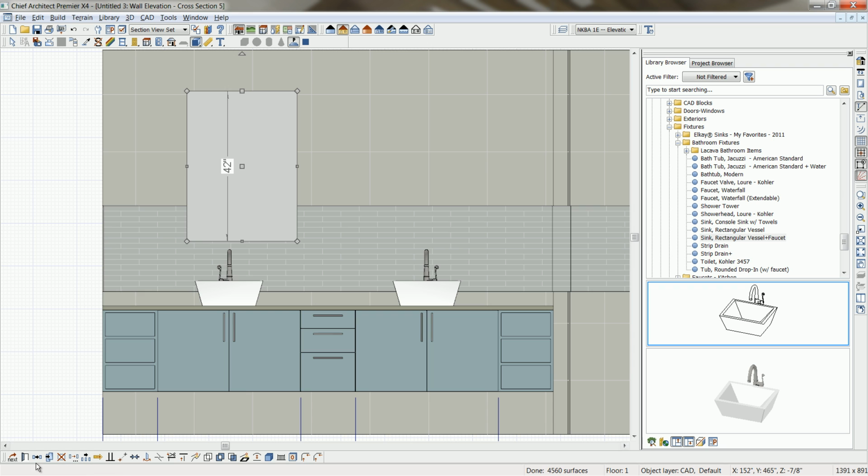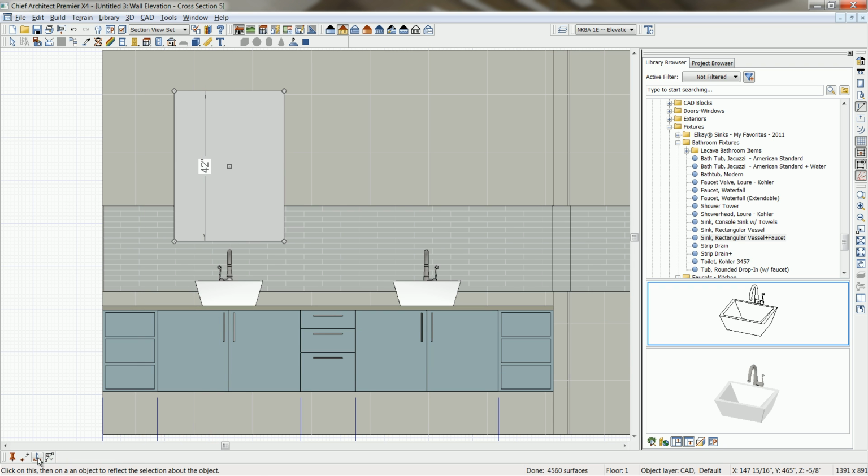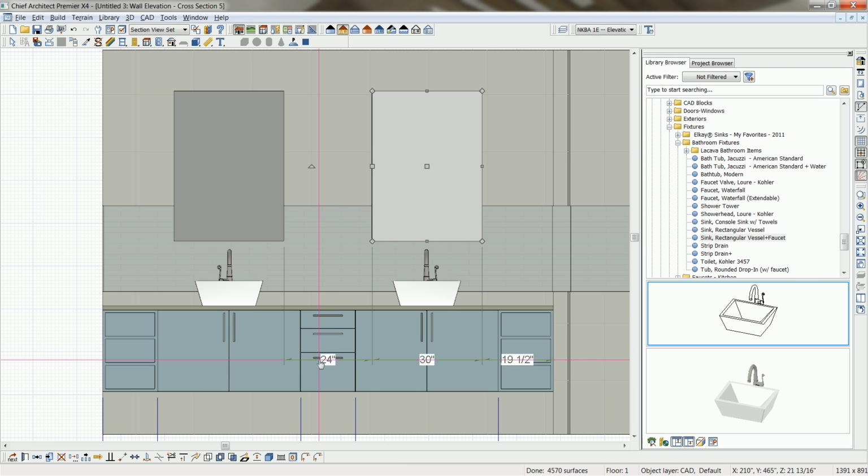So again, center tool, center on the sink base. Use the copy and reflect about tool. These are great tools to make your productivity very efficient with Chief Architect. So I've got my 2 mirrors set up, and now the next thing I'm going to do is I'm going to search for a